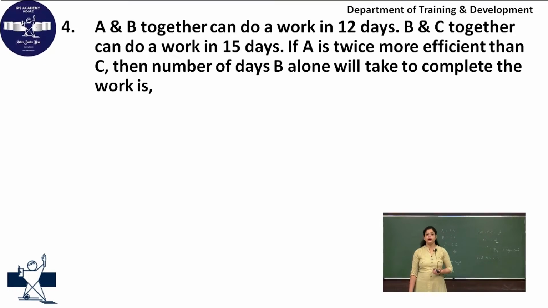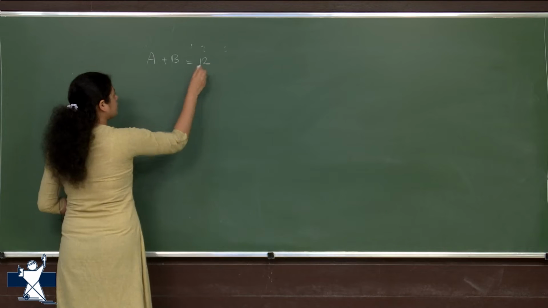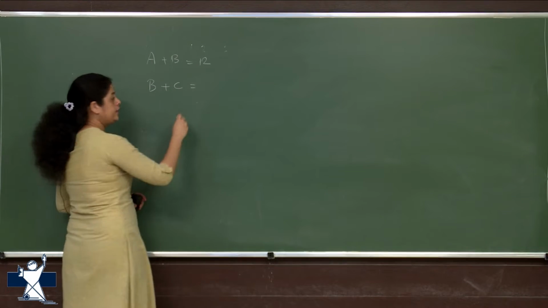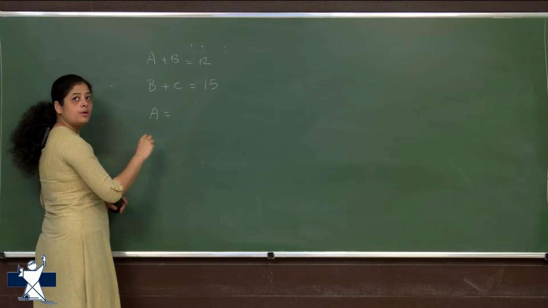A and B together can do a work in 12 days. B and C together can do a work in 15 days. A is twice more efficient than C. Then number of days B alone will take to complete the work. So we'll see A plus B are taking 12 days. And B plus C are taking 15 days. A is twice